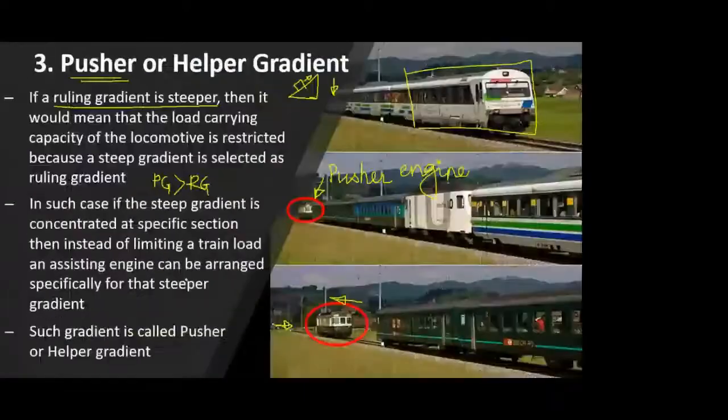But again, this pusher gradient will not be used to determine the maximum load of your engine. If we use this pusher gradient to determine maximum load, then whatever is the load of one engine, 50% also it will not be able to carry on the pusher gradient. So that's why it is not used to find out the maximum load. So this is the pusher gradient.